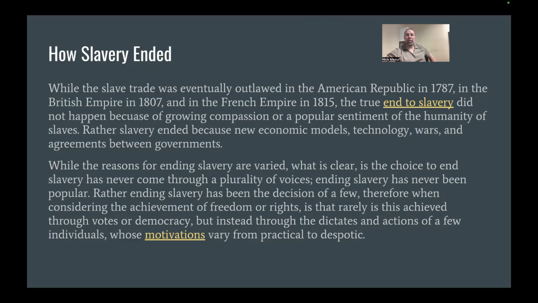So always know that slavery ends in terms of its formalized system in these regions in the Western Hemisphere not because it was the right thing to do, but because it was the expedient thing to do. It was the necessary thing to do. It was the better approach, or what was needed at the time, not because it was the right thing to do. And that's very much the reason why slavery still persists to this day, right?